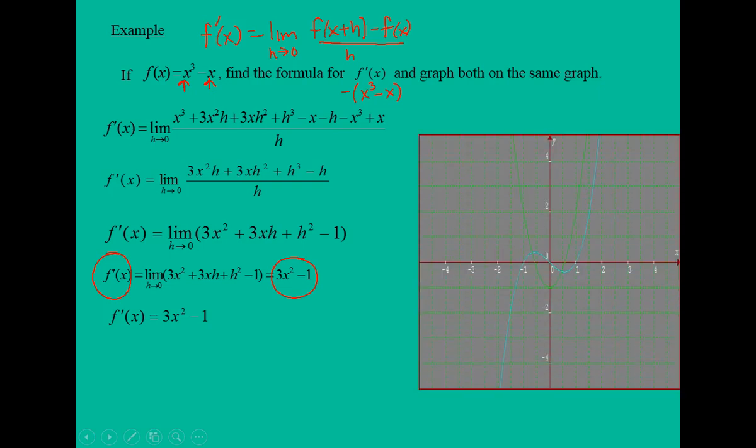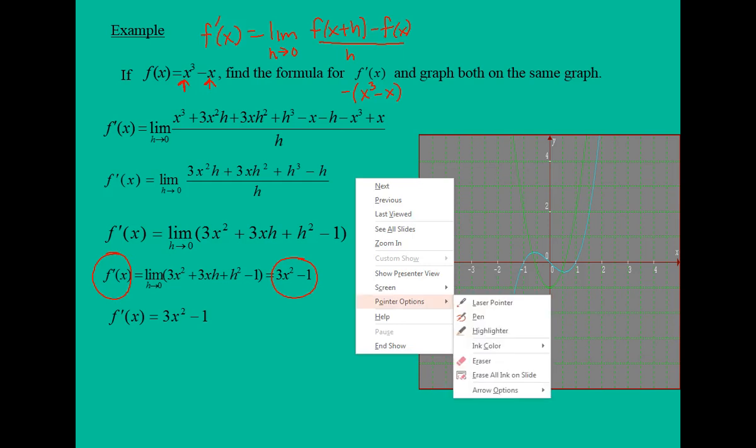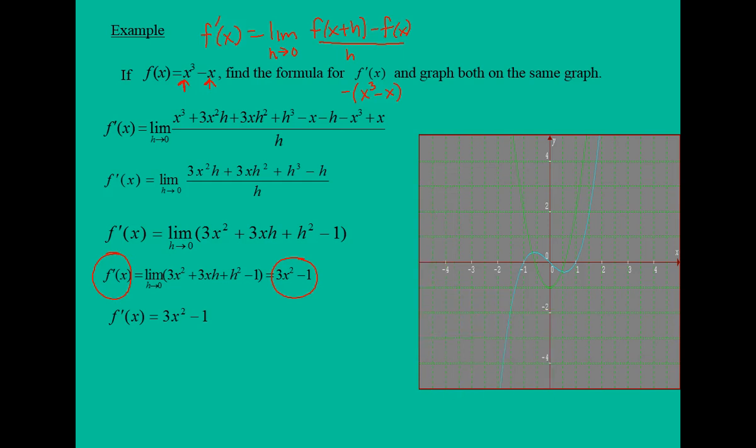And here's the graph of the function x cubed minus x. You can see that's the blue graph. And the derivative is 3x squared minus 1. Now there's a lot going on here with this graph. If you would do a little bit of analysis with this graph, if this is the original function here,